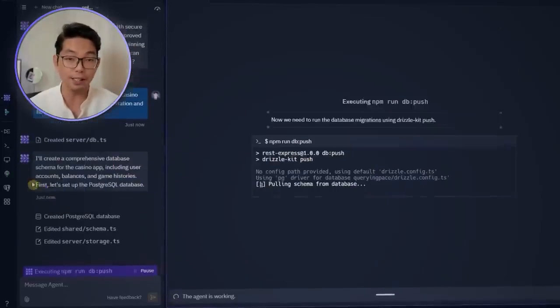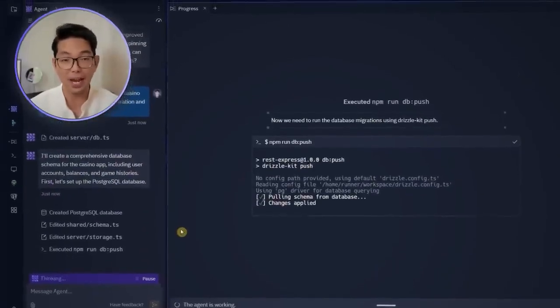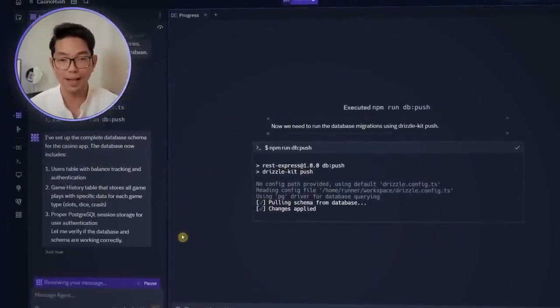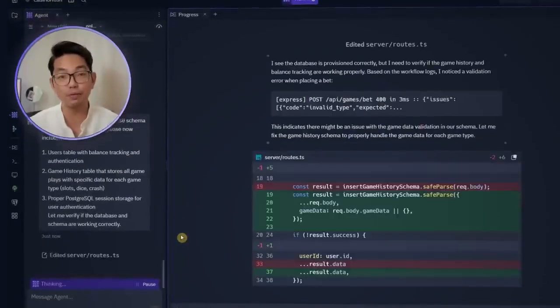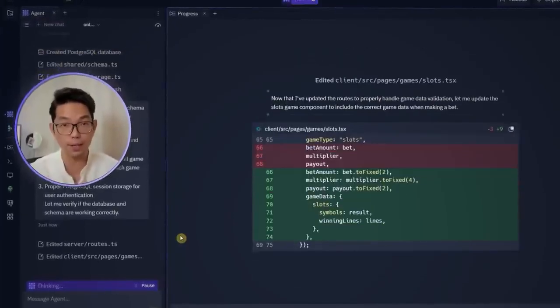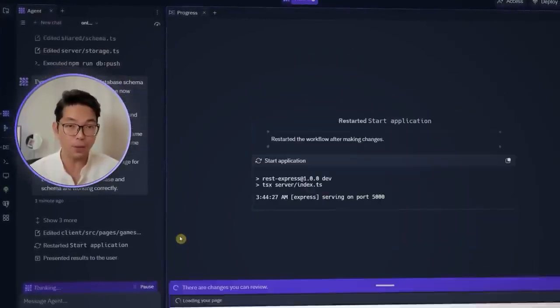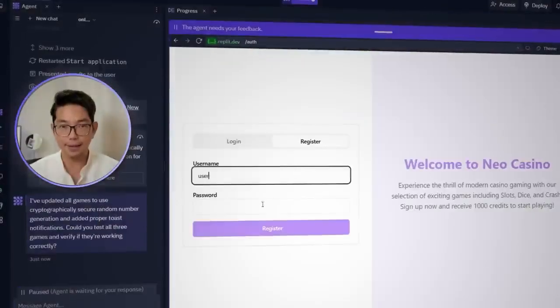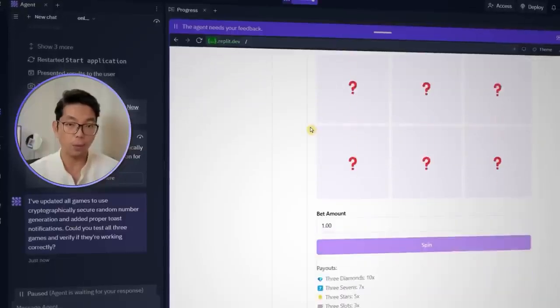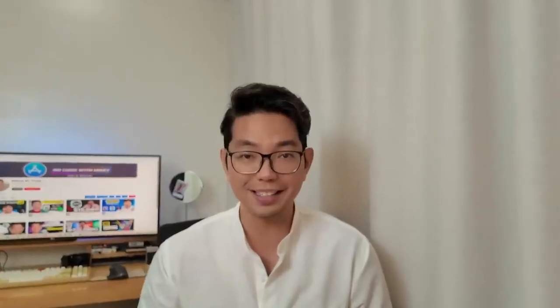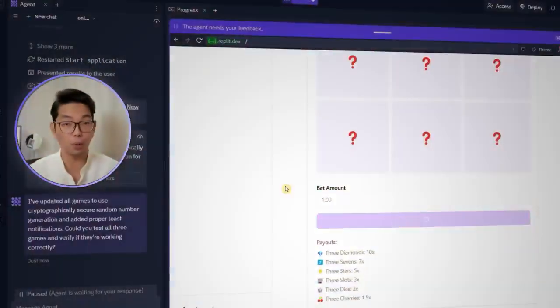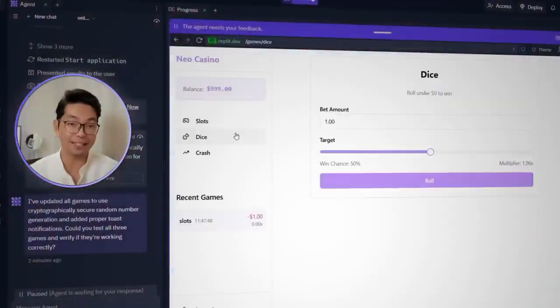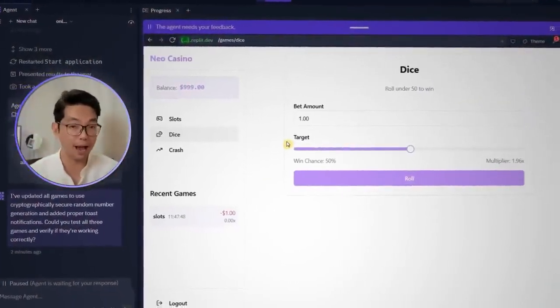You can really see how effortlessly the agent works, doing all the work for us, making it easy to create a fully functional app tailored to your needs. And we might run into another error here, but no worries, let's go ahead and tackle it. Let's go ahead and register again, and once we're done, we'll give the slots a try. Everything should work perfectly. Let's go ahead and add the dice game next, and since we already have the basics down, pretty good stuff,